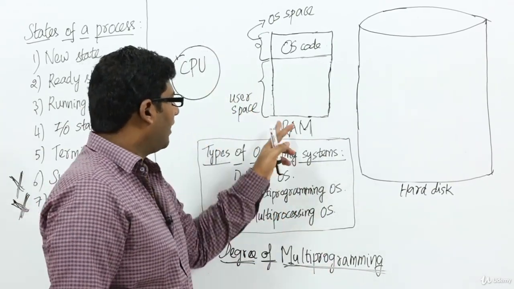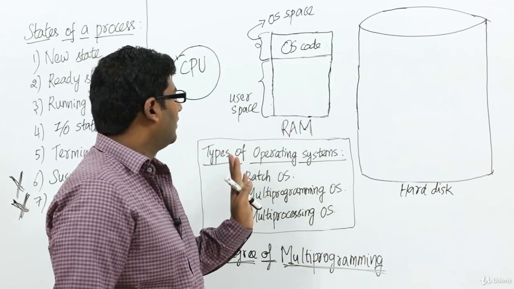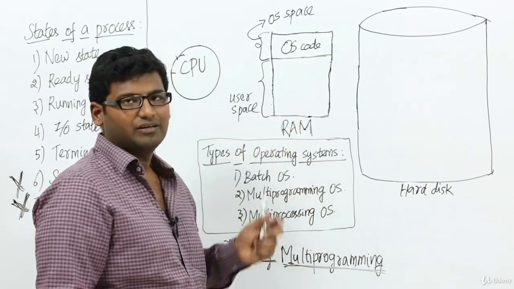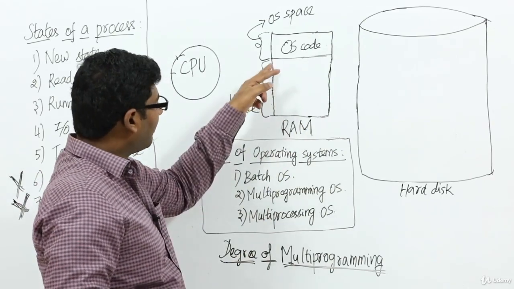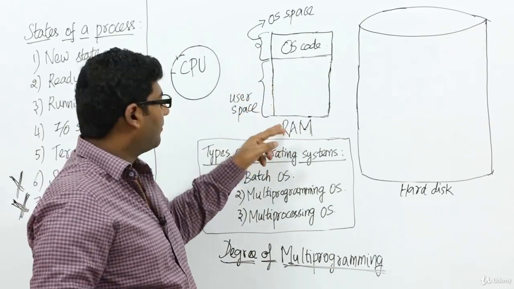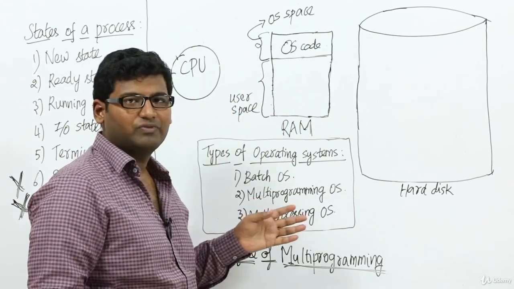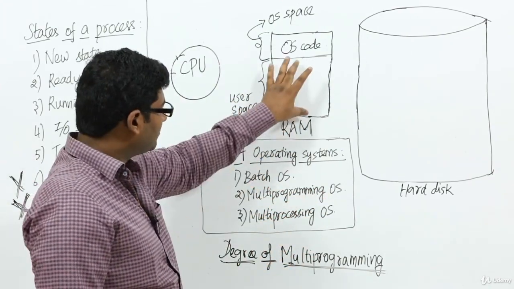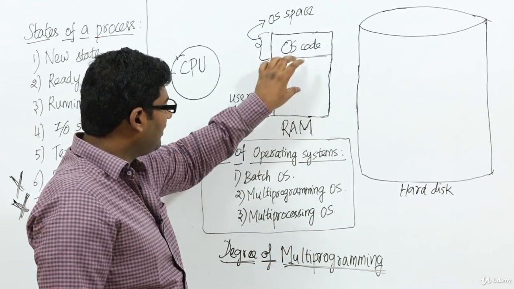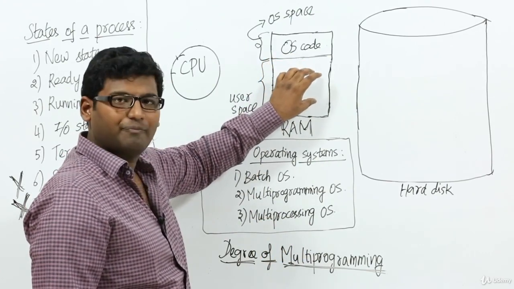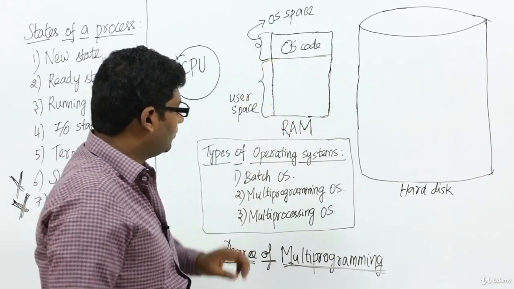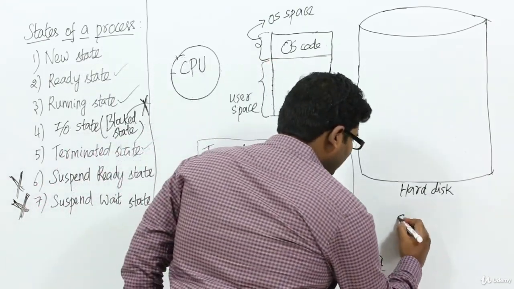See this, we have our RAM. Let us assume our RAM can have at max 3 processes, which means our RAM has some capacity. Let us assume 3 GB or 4 GB or whatever it is. Now within this space, only a finite number of processes can be placed, right? For example, let us assume the size of our RAM is